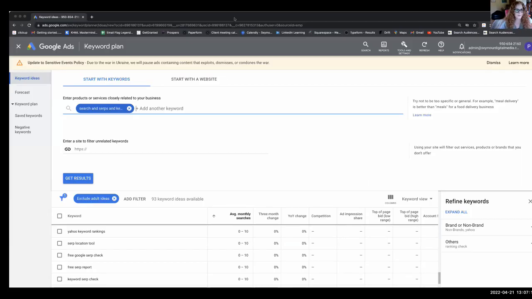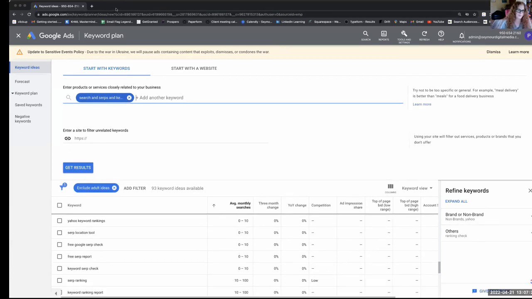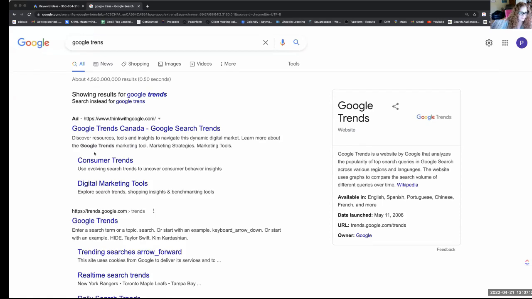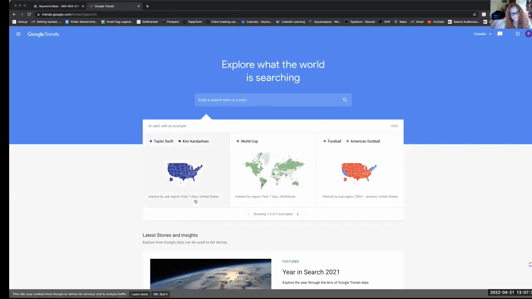Okay, we're in the Google Keyword Planner. We're going to go over to Google Trends and not spell it correctly, but we're still going to find it. I never click on the ad. This is Google Trends. We'll take our keyword once we've looked in the Google Keyword Planner,